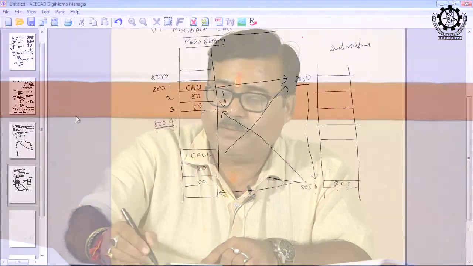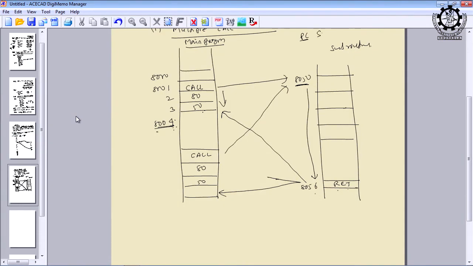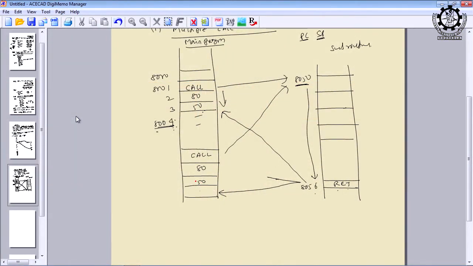So, here the main thing is that you have to track what should be the value of the program counter and what should be the value of the stack pointer, right. Similarly, after executing a few instructions, you again need the same subroutine in a different part of the program, that is call 8050. The same thing happens. You cannot use the same address for the main program and for the subroutine.